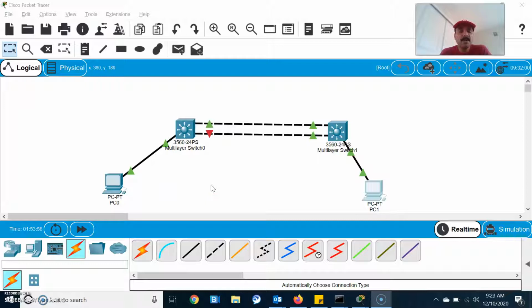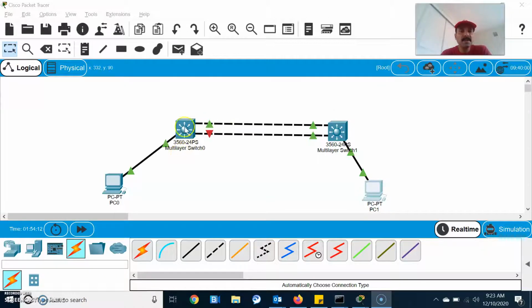And today I'm going to show how to debug the EtherChannel. So I configured PAgP, the Port Aggregation Protocol, on core switch 1 and core switch 2. To this core switch I connected two hosts. This one is in VLAN 10 and this is in VLAN 20. This IP is 10.4 and this is 20.4.